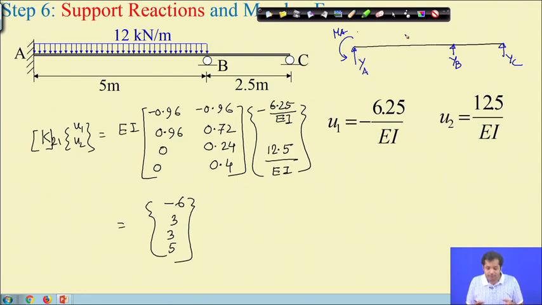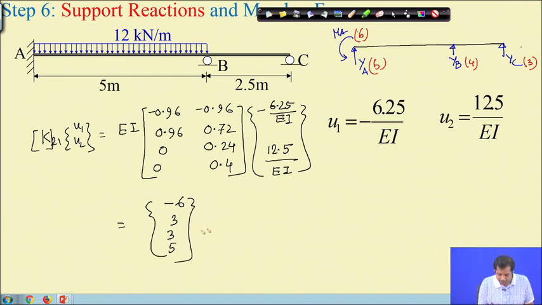So, the numbers we used, if you recall, are U2, U3 for the third degree, then direction 3, direction 4, direction 5 and direction 6. So, what we get is the total forces.